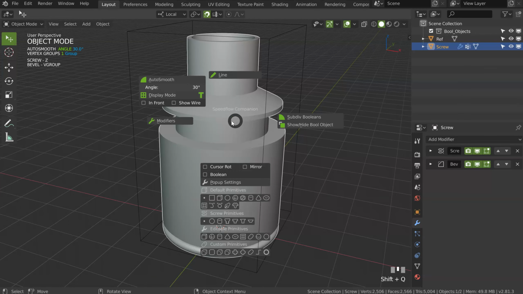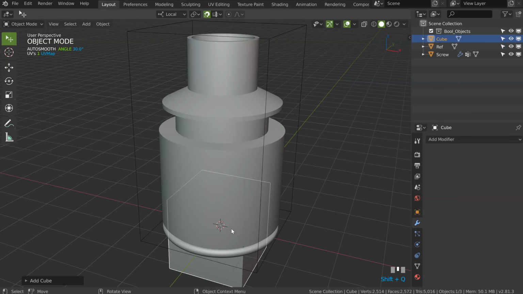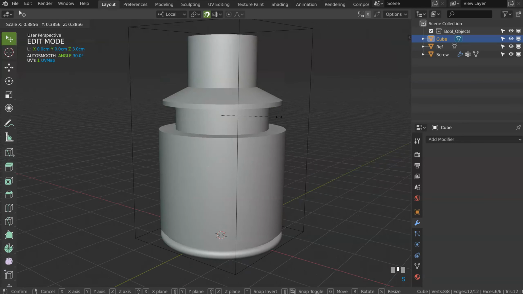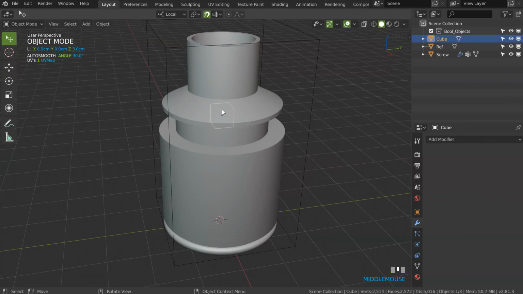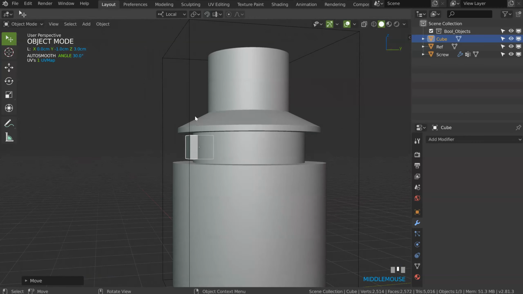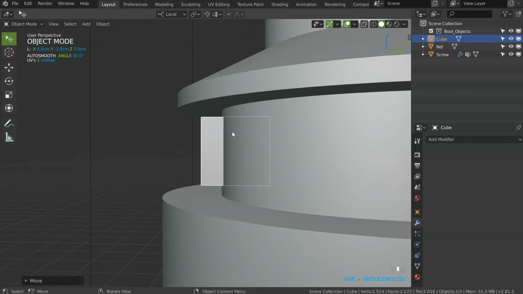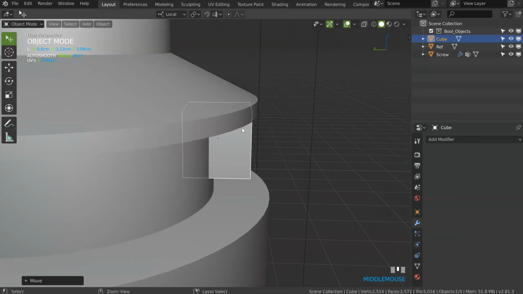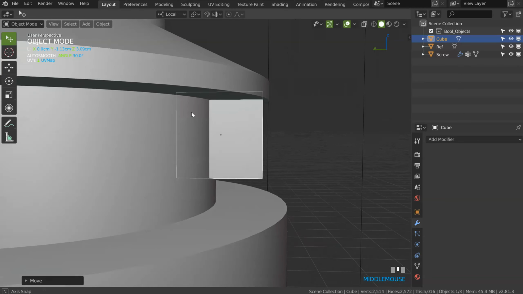So, okay, I'm well placed. I will create a cube, like that. I will move this cube, let's see, here, and in edit mode I will scale it, like that. After I can move it here. I will disable the snap. What I want to do is to make a union from this one and this one, and for that I need to move my object, like that. I need to have my object inside the other one.